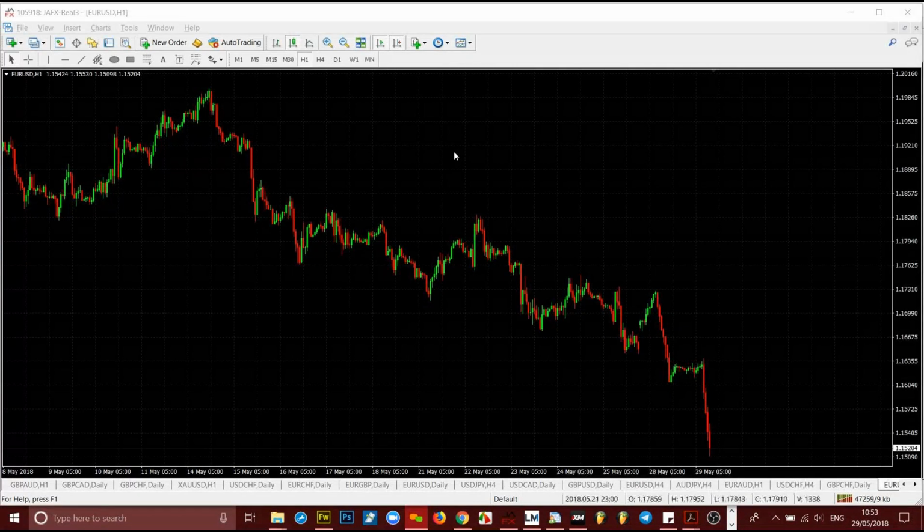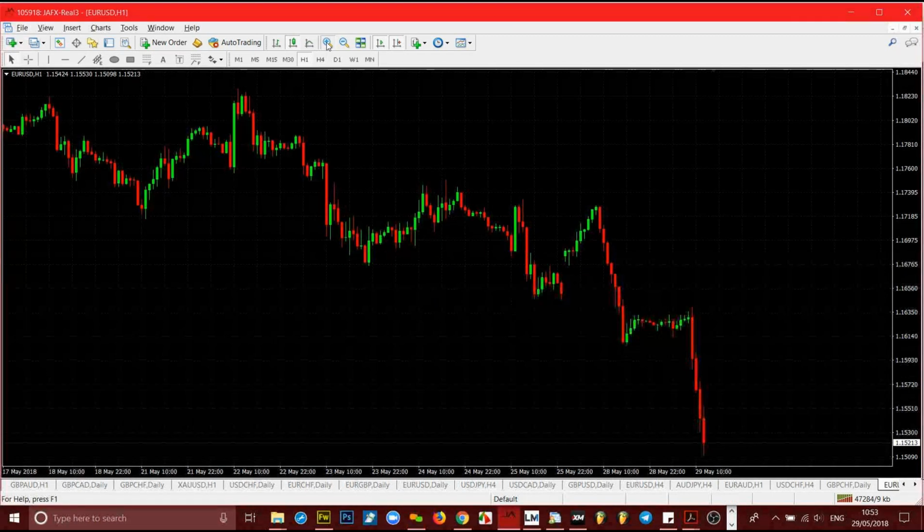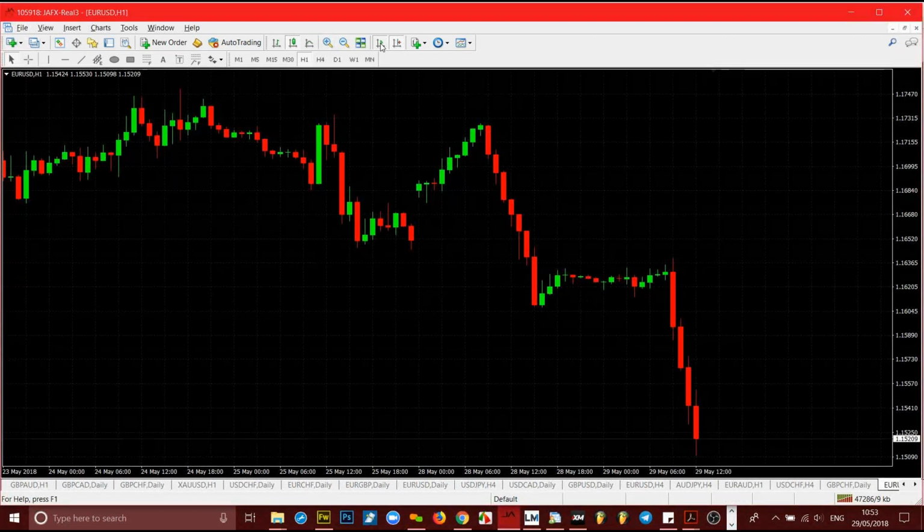Support and resistance are really key points or levels on the chart. Remember, I told you that this is called the MT4. This MT4 is where you do all of your trading activities from. So on here, if you look at this chart right now, let me make it a bit bigger. You can clearly see movements, directions. You see the red candles are going down and the green candles are going up,